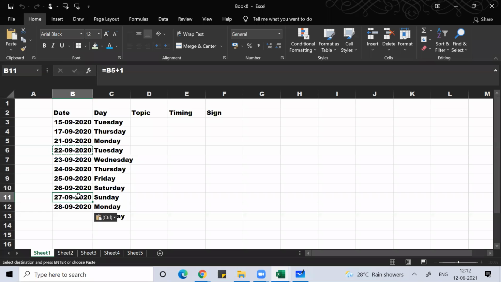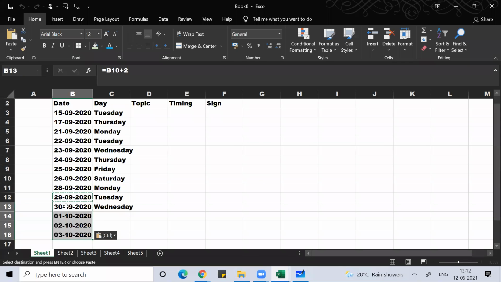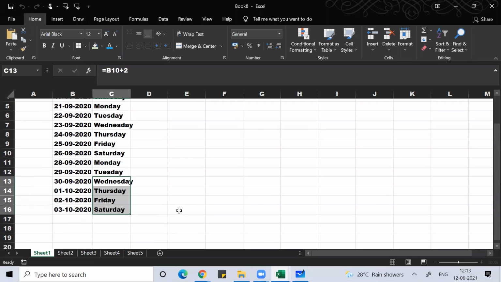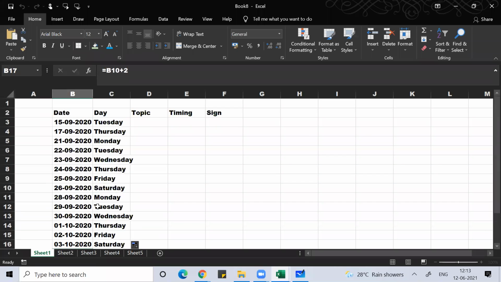Not every college is like Padma Shri, which is so concerned for the students that they do training even on Sunday. Other colleges don't do it on Sunday. So Sunday I have not done training. After Saturday I did on Monday. So here I'll simply do this plus 2. I hope you're understanding. So Monday came, now Tuesday is there. I don't have to do much now. Copy that and then again the same. You get it, right?